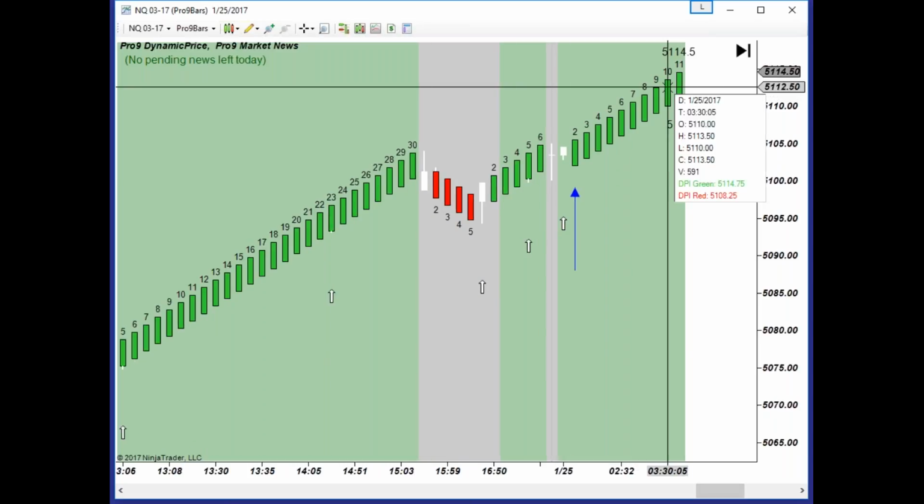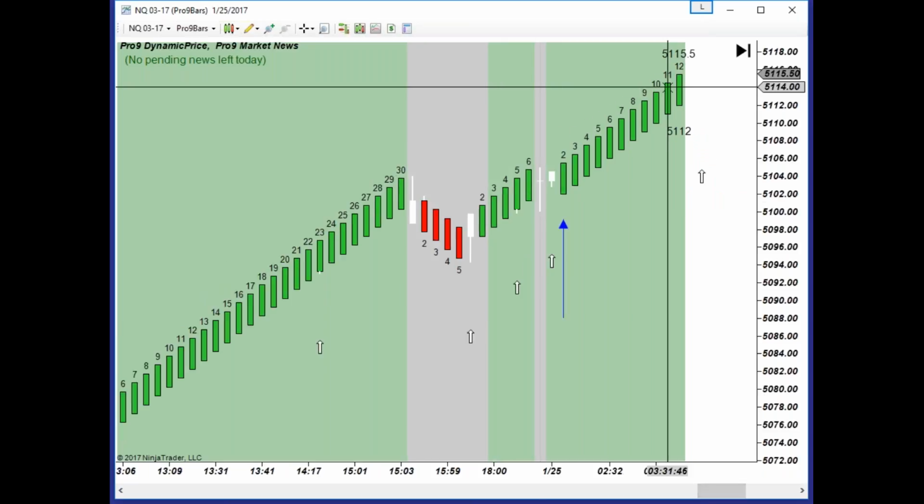And as each new bar plots, we're just going to adjust to the new red DPI, which you'll notice will be 4 ticks from the previous one. And we keep doing this, and using the red DPI, if you remember what we covered with the DPI earlier, since we're heading long, we know if the red DPI is hit, it's going to plot a turn bar. So I know, using the DPI as my stop, the only thing that is going to take me out of this run is a turn bar,